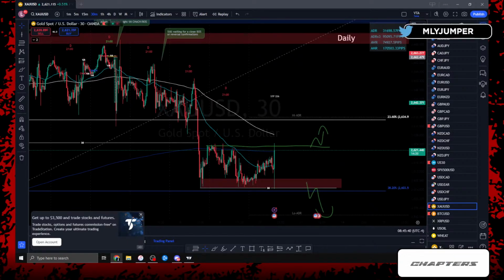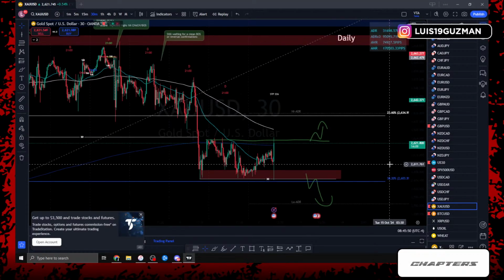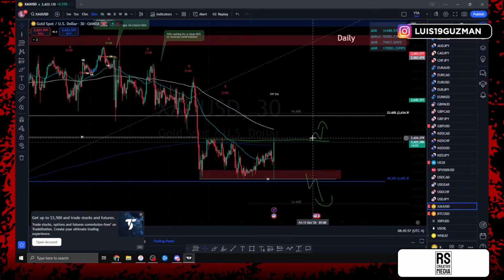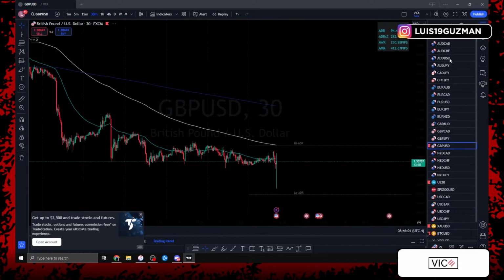Now there's a 99% chance that I might not even take a trade. Once again, 99% chance that I might not take a trade. Again, I'm just more getting ready for the next trading session. So we gotta wait. Just gotta wait for these 30-minute candle closures. Also kind of want to see before